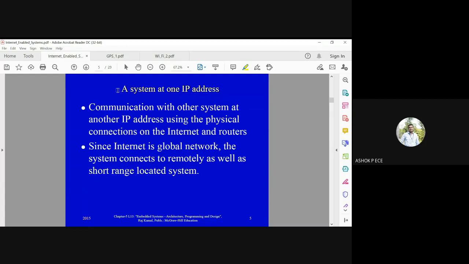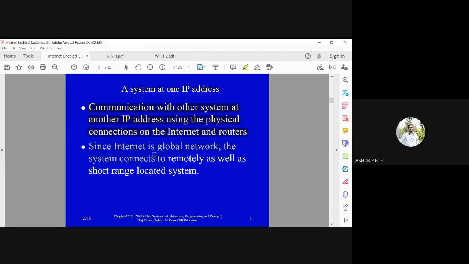A system at one IP address communicates with another system at another IP address using the physical connections on the internet and router. When two devices are going to connect for information interchange, the two devices have to have separate IP addresses so that the connection is established between them on the internet. So internet is a global network.